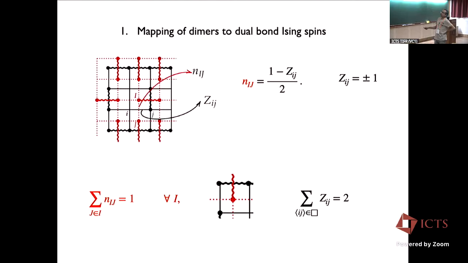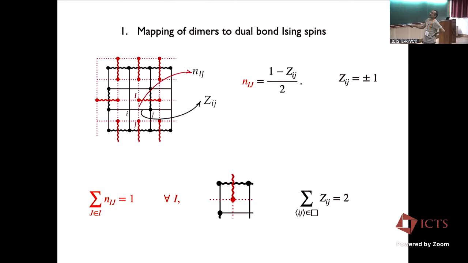So these red wiggly bonds are the positions of the dimers, and so I have some dimer state. If you see, every site is connected to one dimer, and this is fairly random. So let's think about this black lattice and define Ising spins Z_ij to be plus or minus 1, and every time this i-j bond crosses the